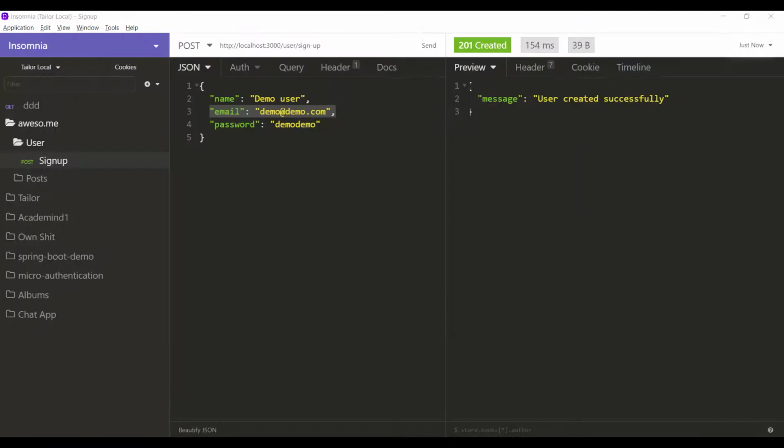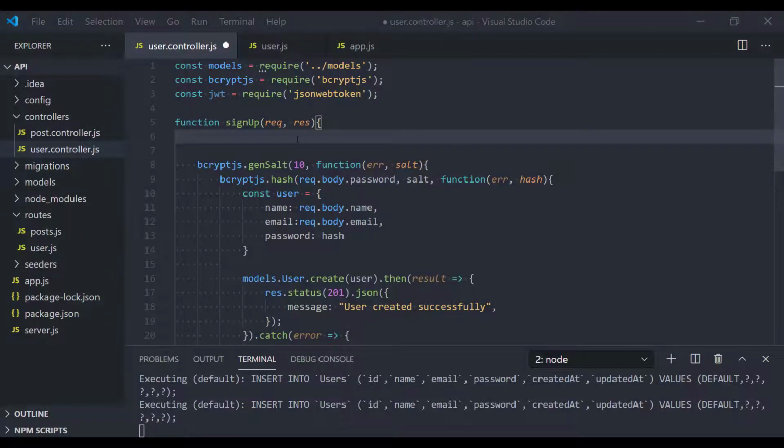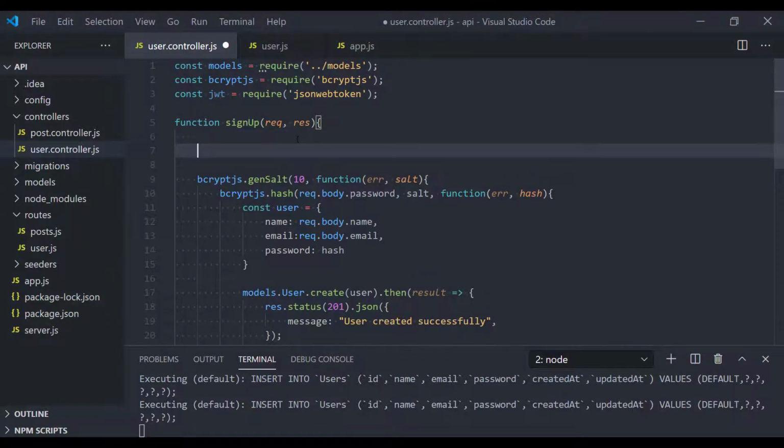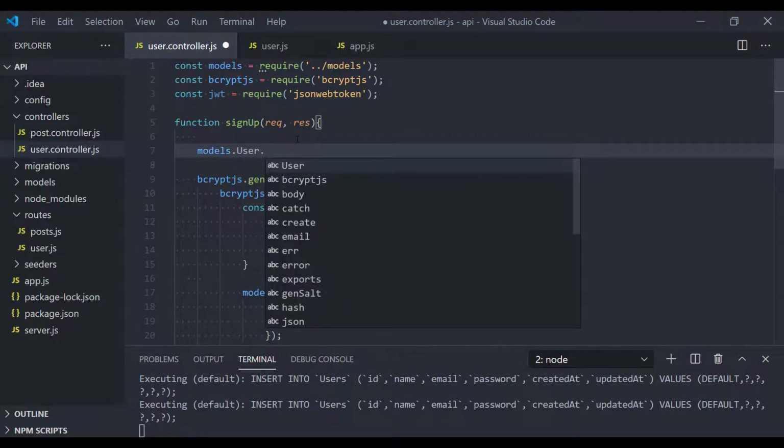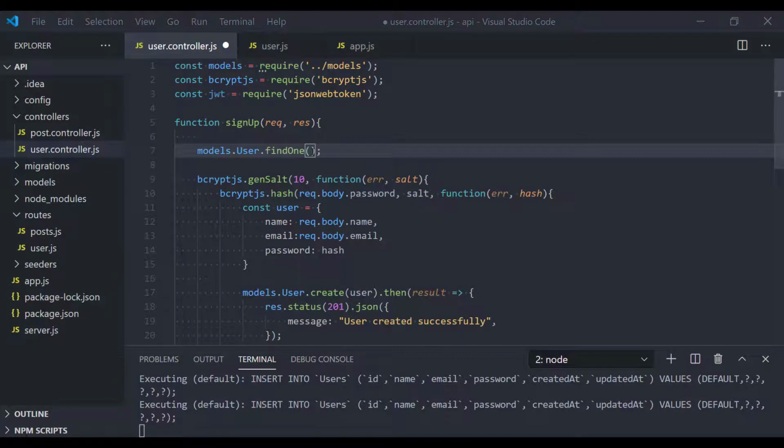Alright, let's do that right now. For that, I'm gonna use one of the inbuilt functions in Sequelize models user. The function is findOne. With this function, we can check if the email already exists in the table. For this, I'm going to pass an object with a where clause,